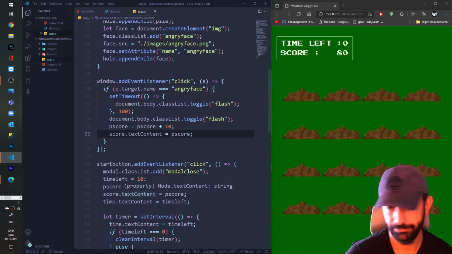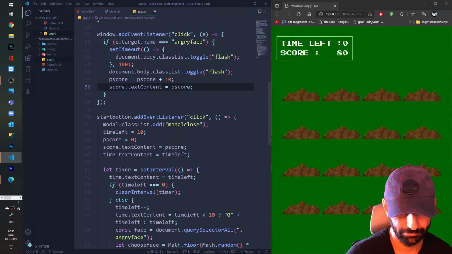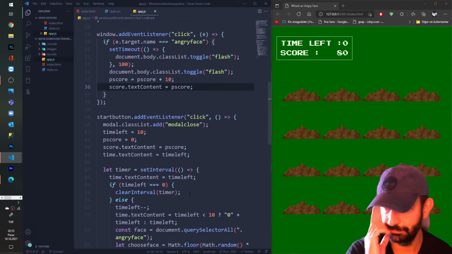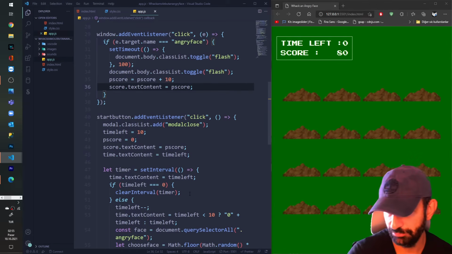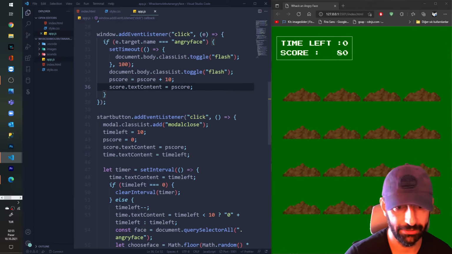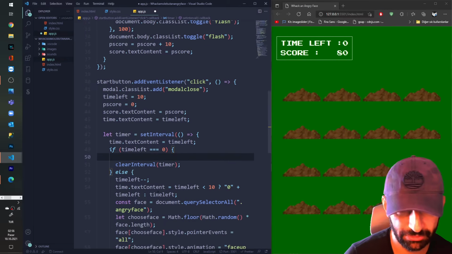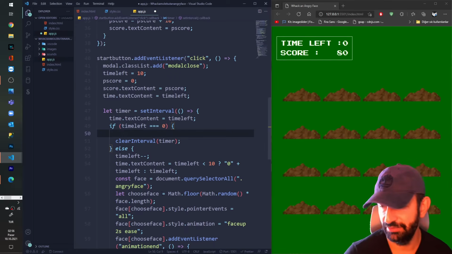Where am I doing this? Above this timer, before this time clean table occurs, I'm gonna make an if else